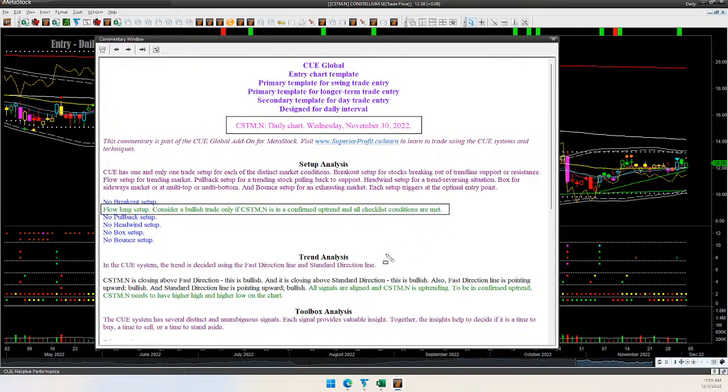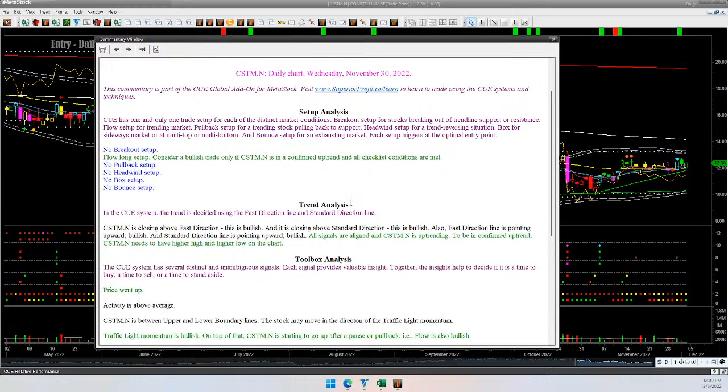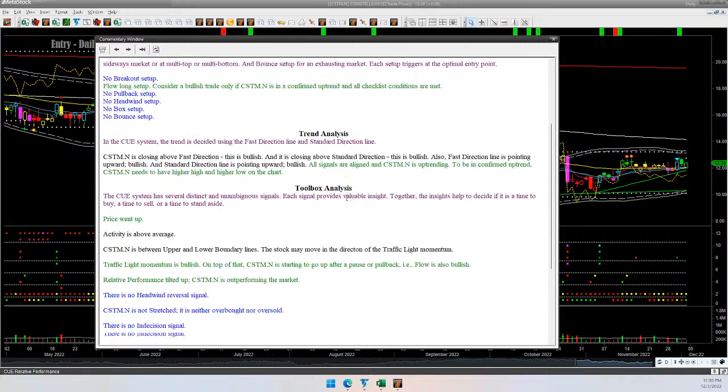You can learn about all the signals from the learning section. Everything is open to the public, but let's scroll down. If it is green color, it is bullish, or it is at oversold level, that is another reason to be bullish. That's how the commentary is colored. Let's scroll down. Trend analysis is uptrending, green. Below that comes the